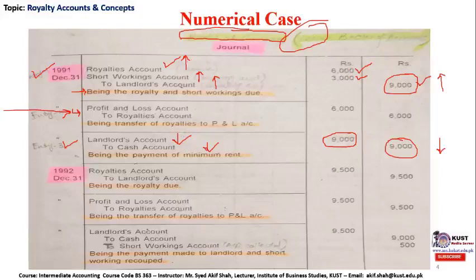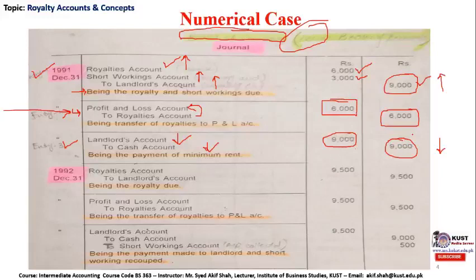Therefore, the profit and loss account will be debited, since this is an expense, and a nominal expense of royalty account will be closed to the profit and loss account. So in order to write off or close the royalty account, we have to give a credit entry to this expense of 6,000, and similarly the profit and loss account will be debited by 6,000, because the company who is the lessee in this case has paid